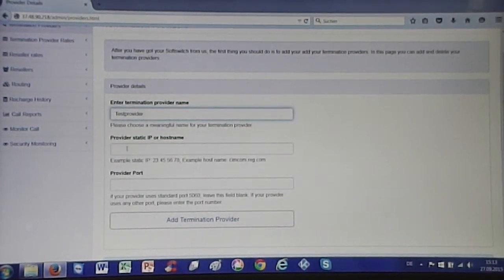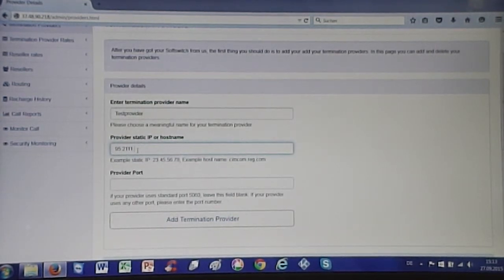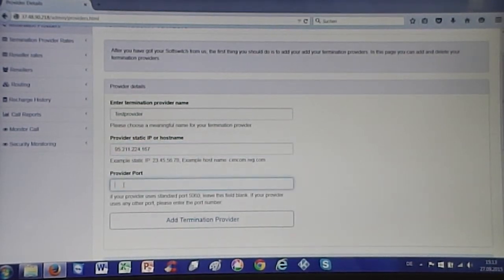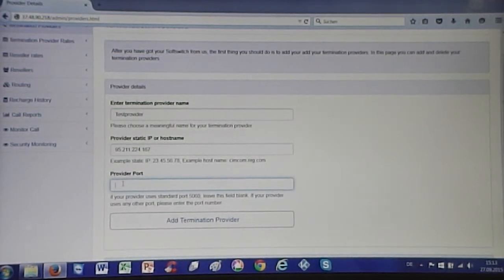Test provider, and then you can add an IP address, or the host name you can also add. Okay, if the provider uses a standard port, then you just keep this field blank. If the provider uses another port apart from the standard port, which is 5060, then you put the new port here. In that case my provider uses a standard port, so I keep this field blank and you add